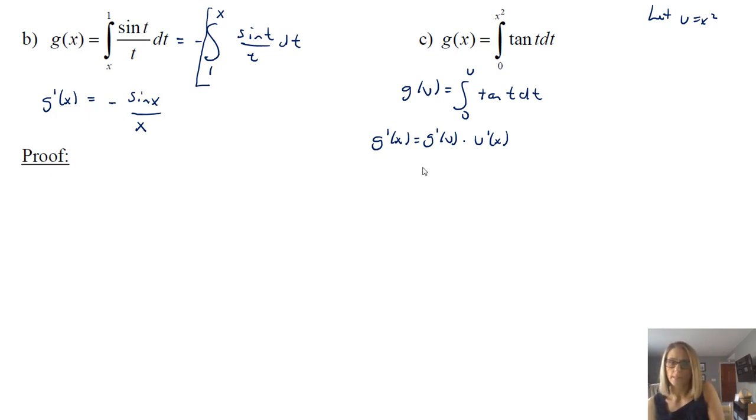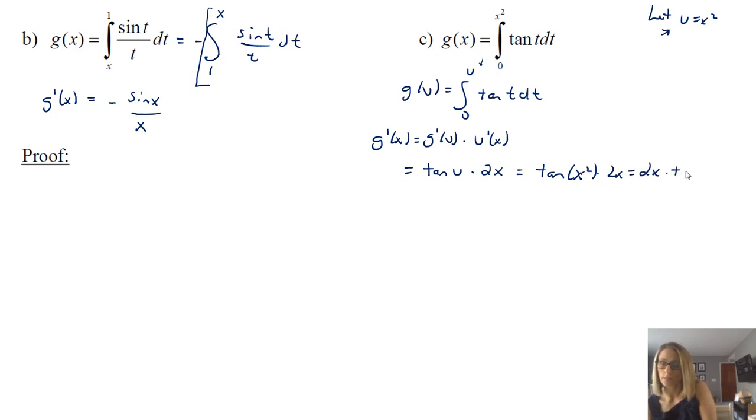And so g prime of u is now tan u, because I'm using the fundamental theorem here for the fact that I have a u up here. So I have tan of u, great, but then I need times u prime of x. So I just need the derivative of u, which is going to be 2x. And so that's going to give us tan x squared times 2x,